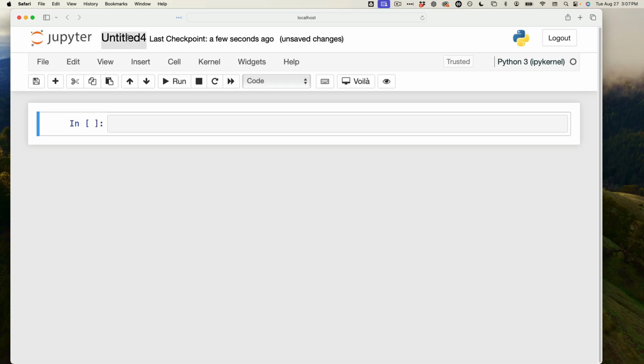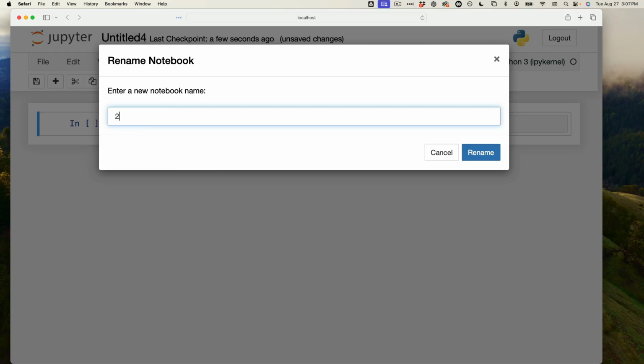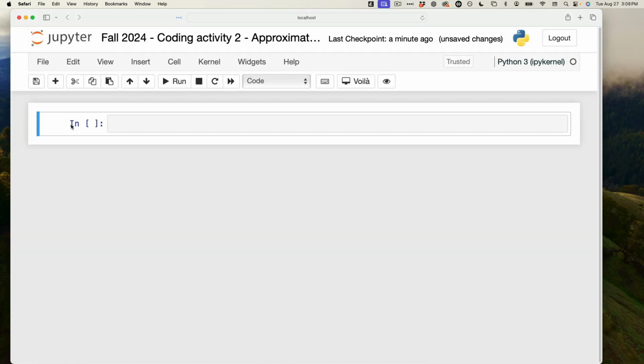Okay, so I'm going to call this Fall 2024, Coding Activity 2, approximate derivative, relative error. Okay. So I'm going to lead by a bad example here by not putting text here because I